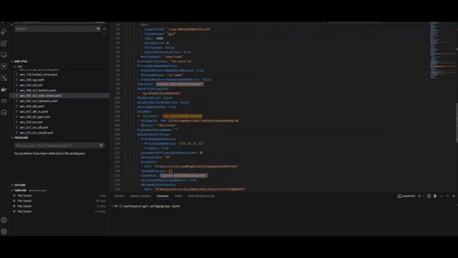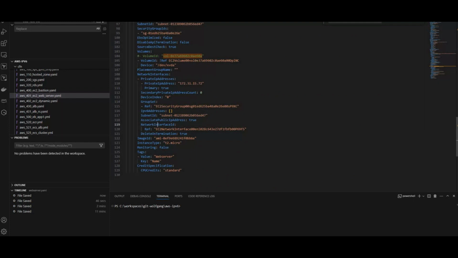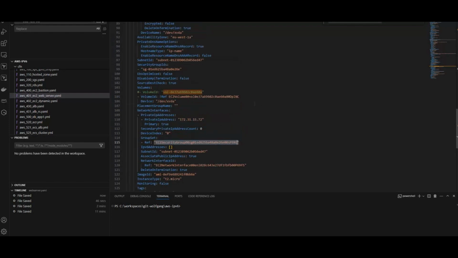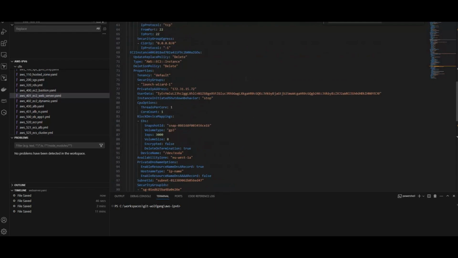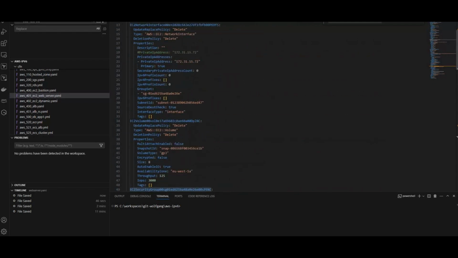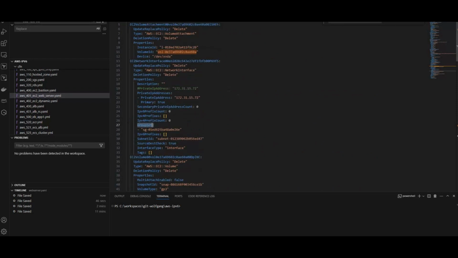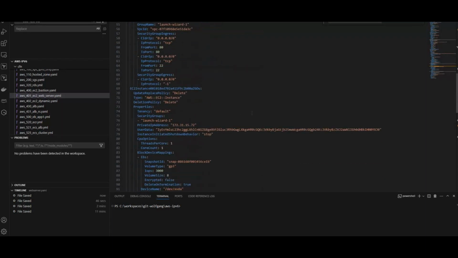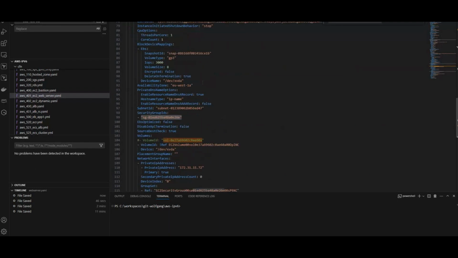And here we have some refs for the network interface. We can see the ref was done correctly to the object here. Also here the group set was done correctly on this instance itself. On other objects, like here we have the same group set for security groups, it was done wrong. It was done with the ID of the deployed resource. So we have a couple of problems here in this CloudFormation stack, and the way it was generated, it will never be possible to redeploy it. Not in this account, neither, and no chance in another account or other region where you have